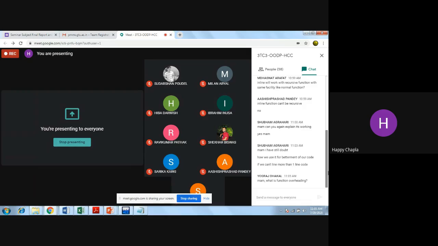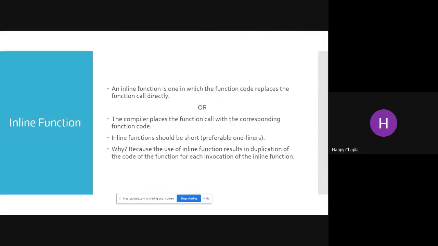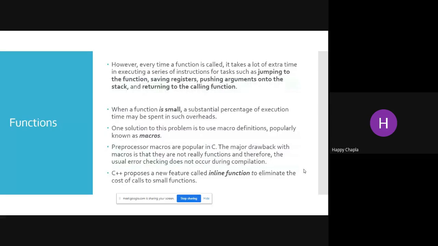Function overhead is these many processes: jumping to the function, saving registers, pushing the arguments onto the stack, and returning to the calling function. This is the cost of overhead. When a function is small but this procedure is heavy, a substantial percentage of execution time may be spent in such overheads. So this is the overhead, right?